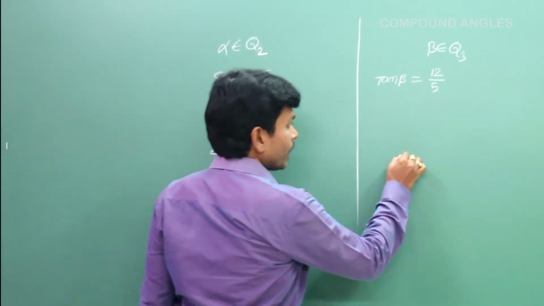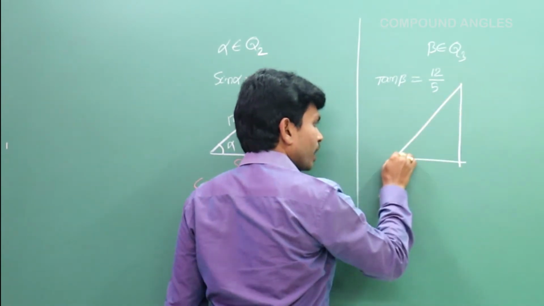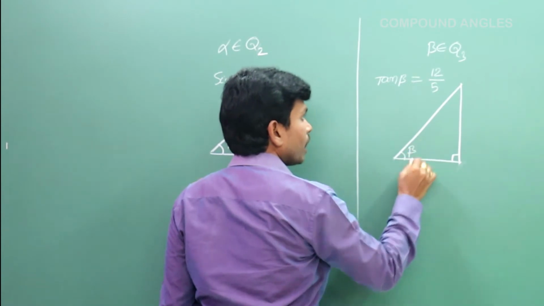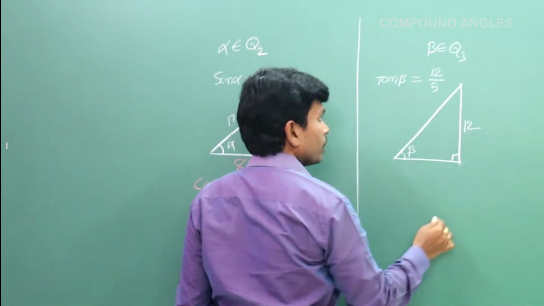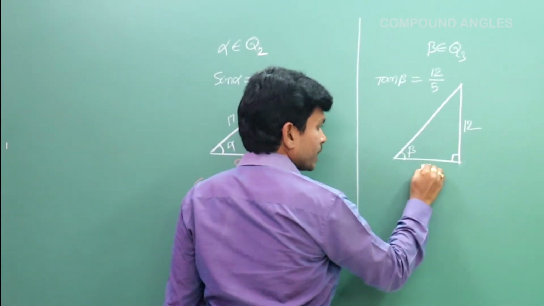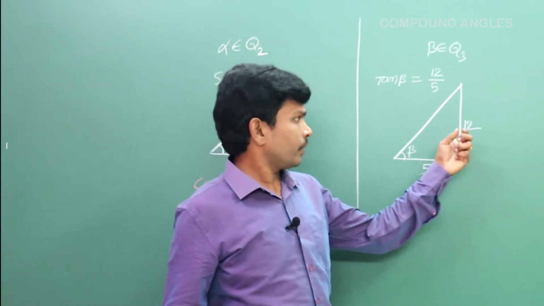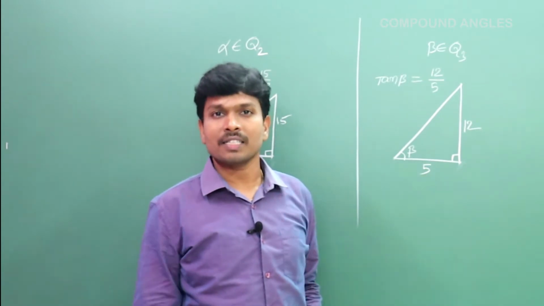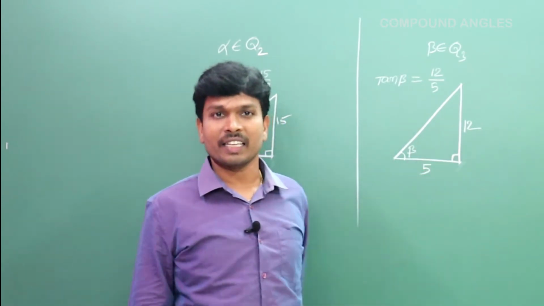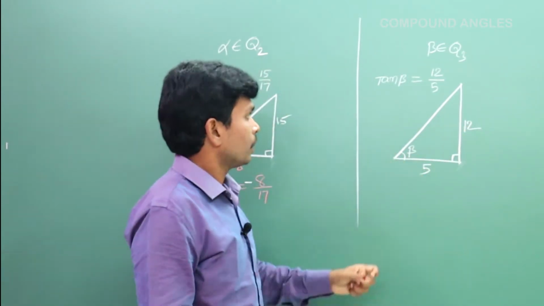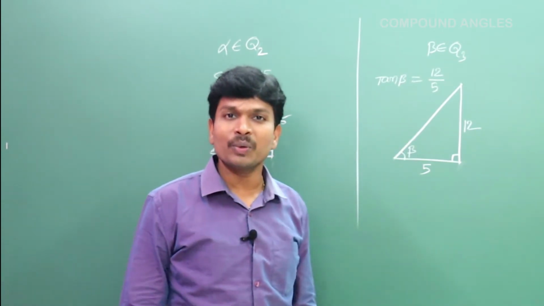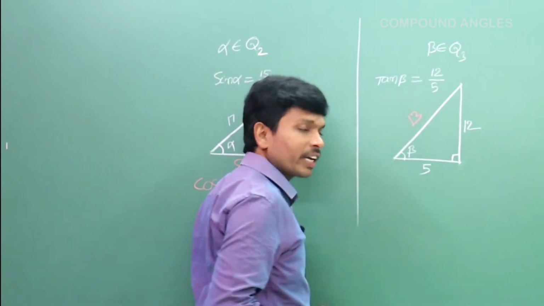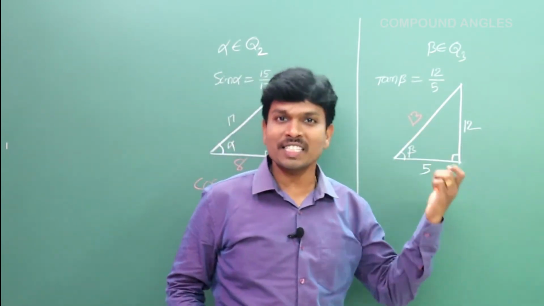Now like that, one more here. Choose one right angle triangle, and you take it as beta. Its opposite side is 12 and adjacent side is 5. In fact, this is the 12 parts and this is the 5 parts. Ratios, no, we can take it directly. So that's why 12, 5. Now can you say the hypotenuse value? Yes, hypotenuse value is 13. How did we get it? Using Pythagoras theorem.